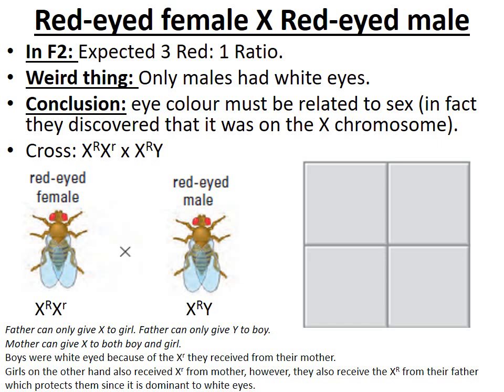So he took a red-eye female and a red-eye male, and he crossed them together. And he expected the 3-to-1 ratio. So let's see if that happens. So he did an X